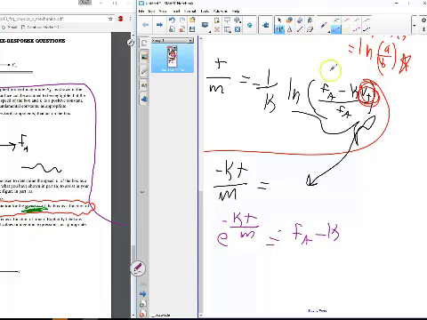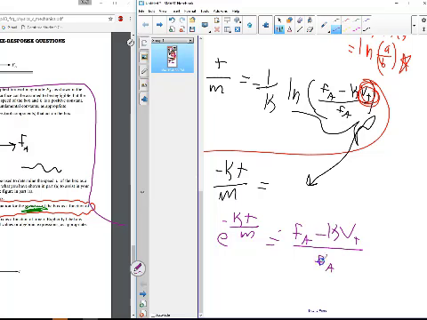I'm getting better at using a smartboard, but still, I have a lot to improve on. Over f sub a. Okay. Now it's all a matter of algebraic manipulation at this point. So, what we're really going to do, the first thing we need to do, though, we could